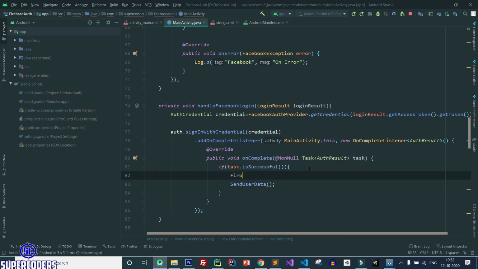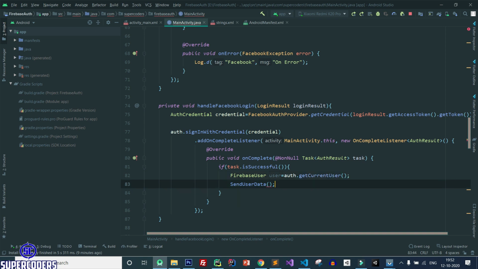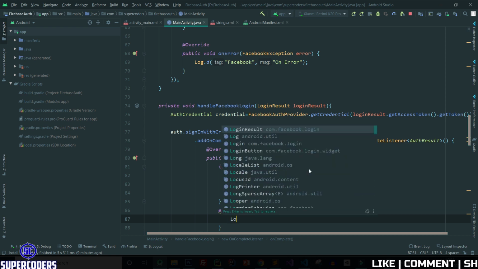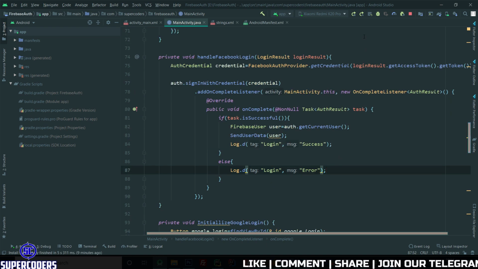So Firebase user equal to auth.get user, and pass the user object again, and let's see log.d login success, else log.d login error. Again, click on run and let's see what happened.